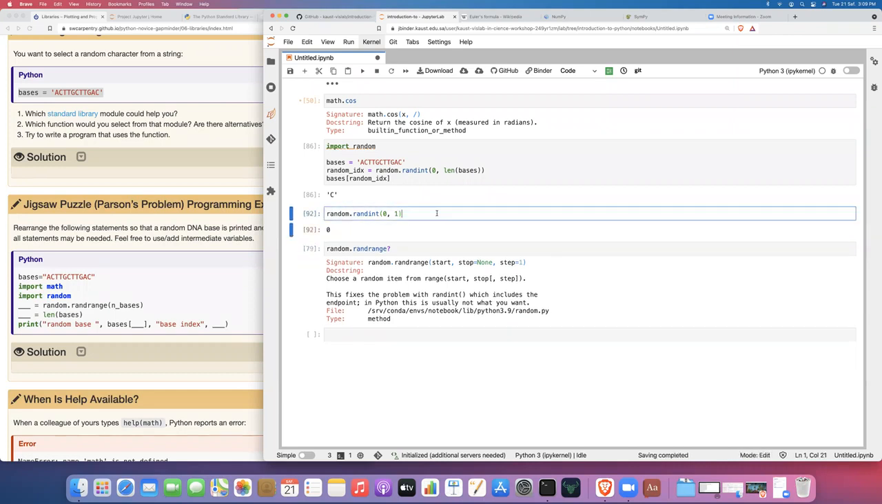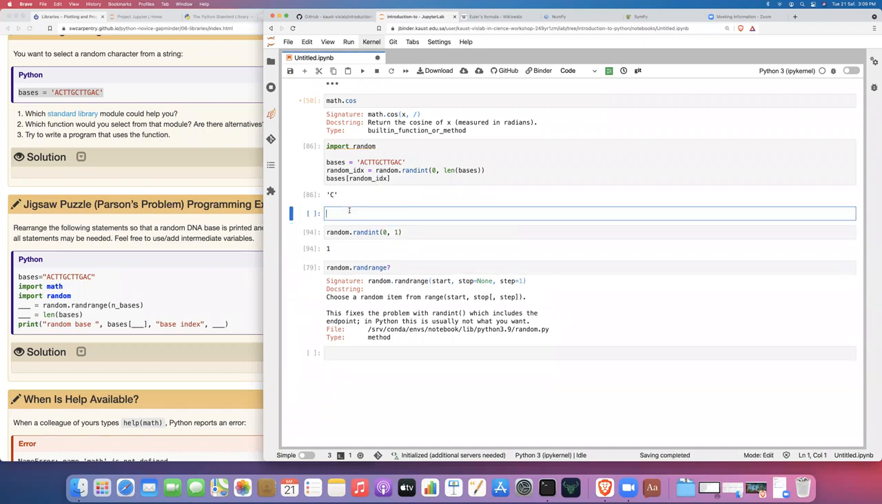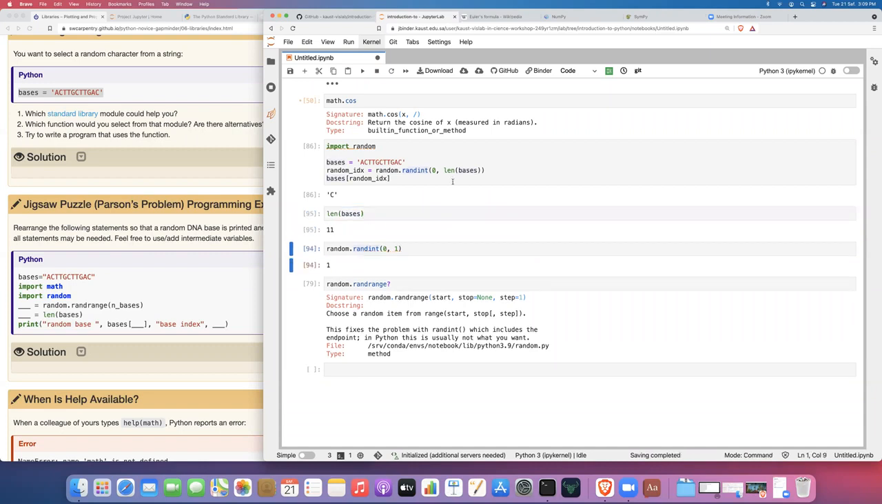So if we execute this code a bunch of times, we get 0 and 1. But usually when we're solving this problem, we only ever want the random numbers to be either 0, 1, 2, 3, 4, 5, 6, 7, 8, 9, or 10. So we would never want to get an 11. And if we look at the length of the bases variable, it is in fact 11. So this code